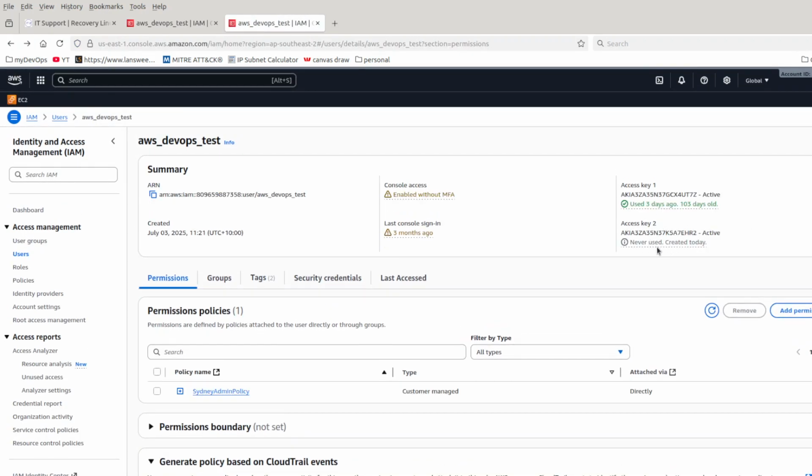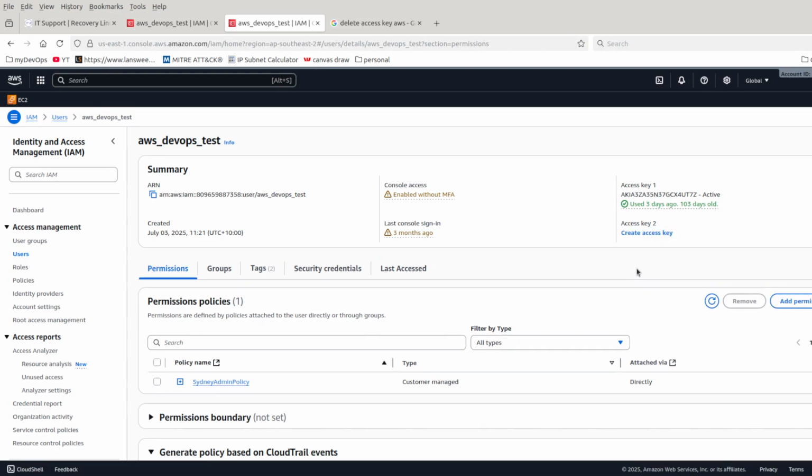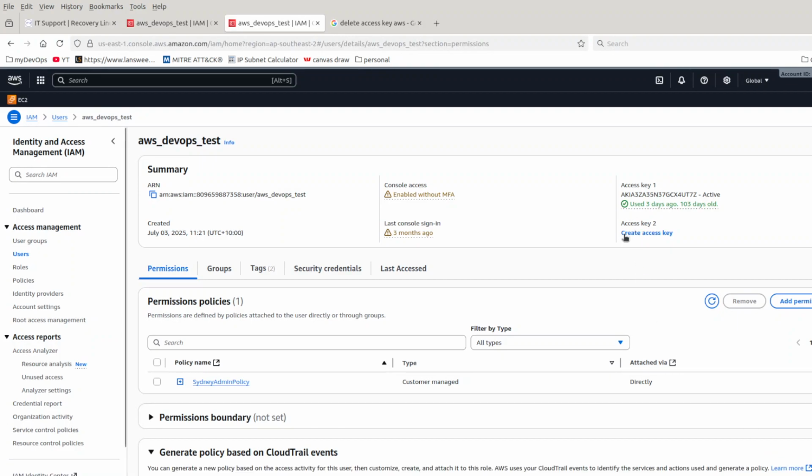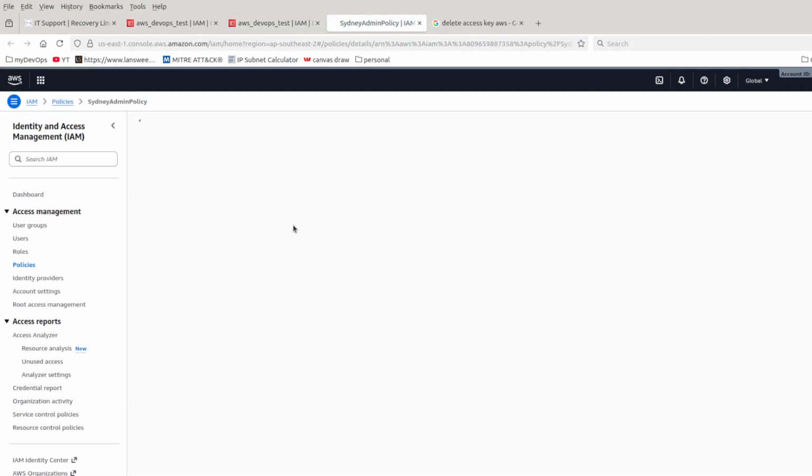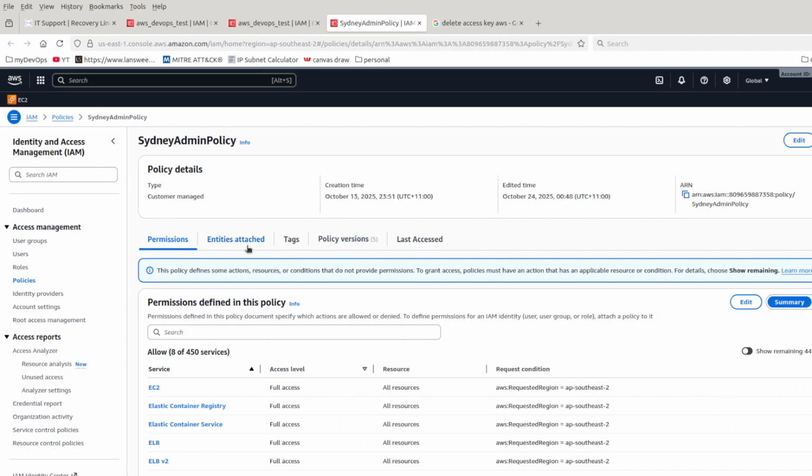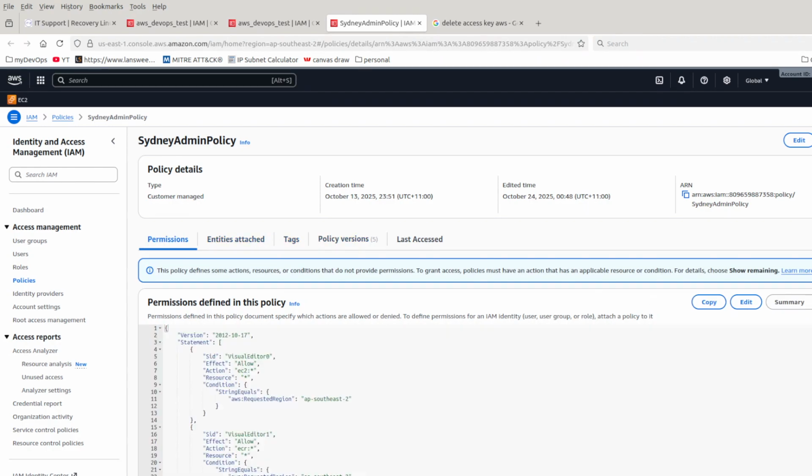Now we've got the access key 2 as well. Neither used, created today, so we can delete it later on as well. Okay, so I've just deleted that key just in any case. I just want to have one for now, and we could use that key later on to log into AWS CLI. But at the moment we want to stay focused on our policies,